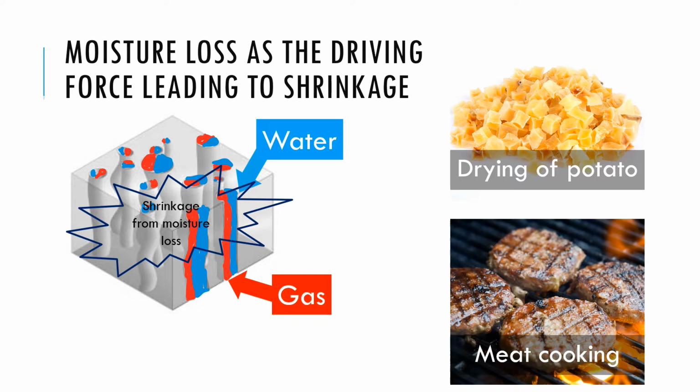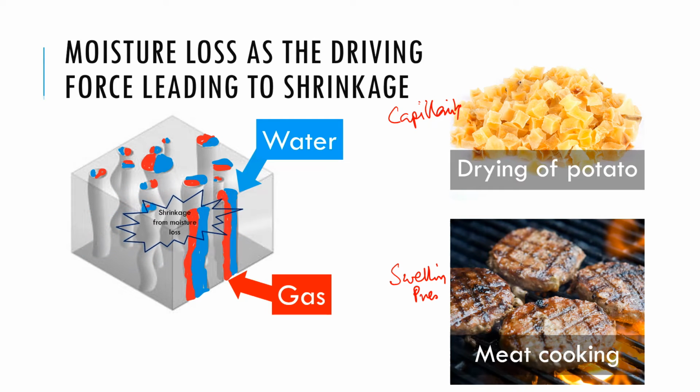The other one would be meat cooking, where we think more in terms of a swelling pressure driven moisture loss, whereas this one is capillarity driven. So these are two different mechanisms, but the moisture loss and then related deformation is treated the same way. It is enforced through the deformation gradient. So the moisture loss is volumetric